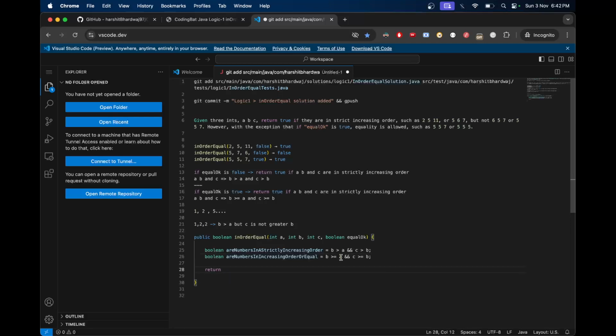We check this condition when equal OK is false and this condition when equal OK is true. So we can write return equal OK: if equal OK is true, then we use this boolean result, or in the other case we use this boolean result. This is the final code.